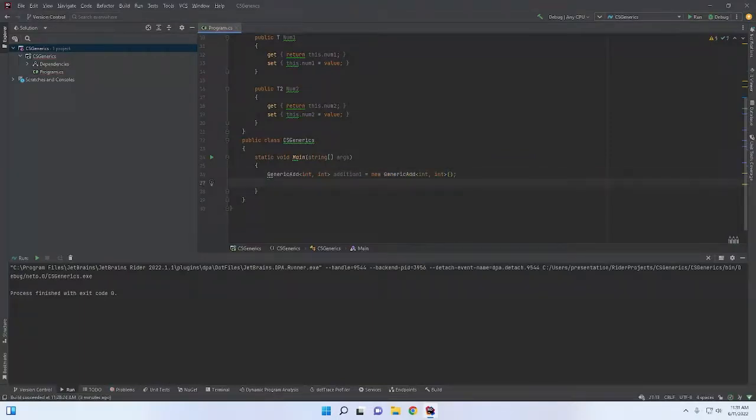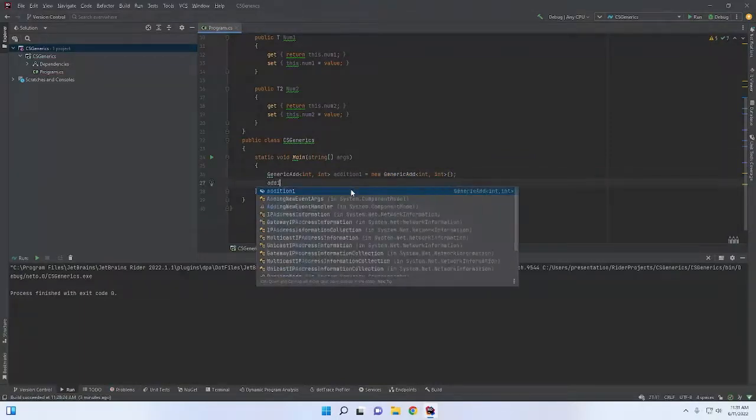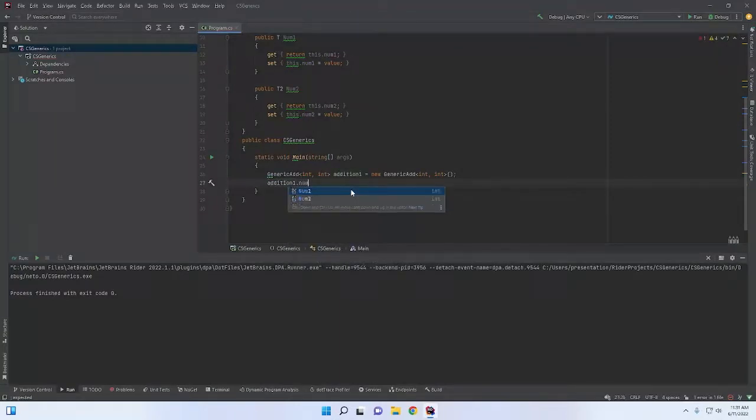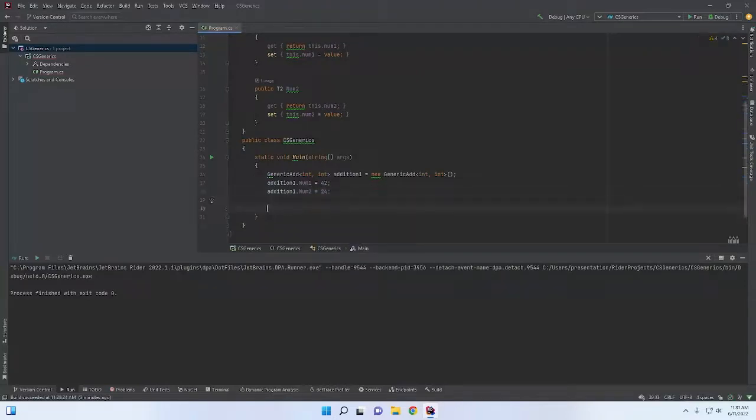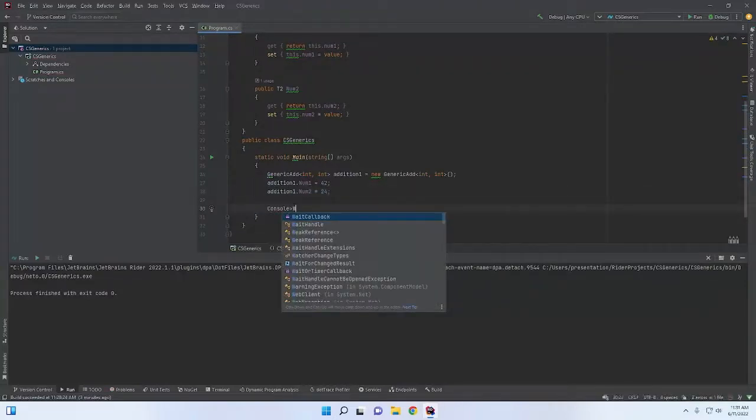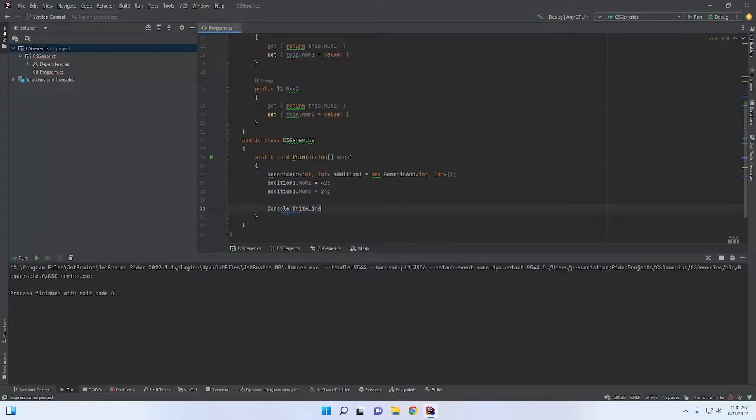And now we can go ahead and say addition1.num1 is equal to 42. addition1.num2 is equal to 24, and Console.WriteLine,